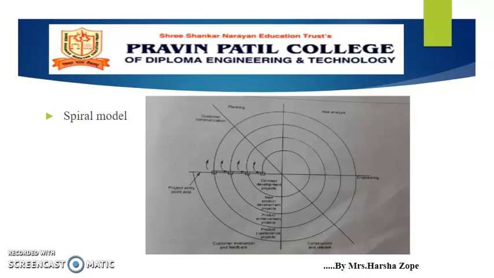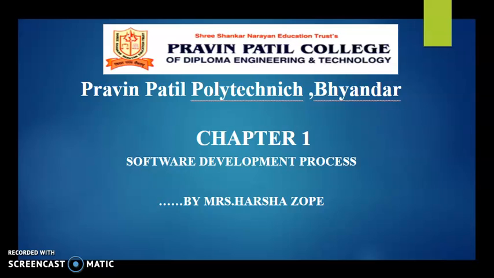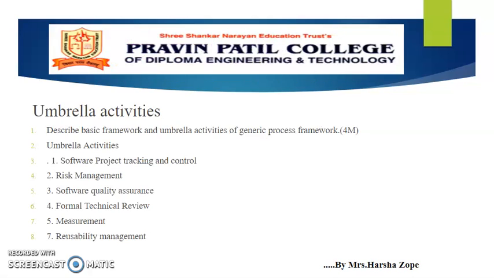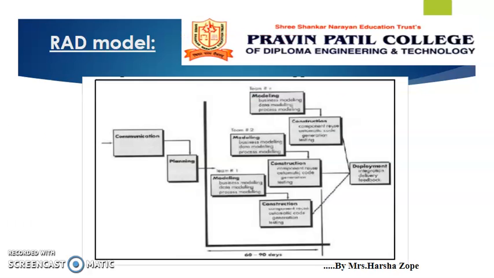Earlier we have seen that process models are divided mainly into two parts: prescriptive process model and specialized process model. The prescriptive process model is divided into three parts: waterfall, incremental and spiral model. We have studied all the